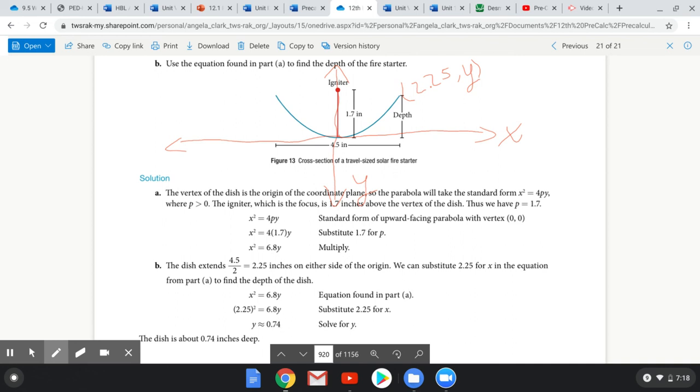So we are at 0.74 inches deep. The depth of this fire starting mechanism is almost 3/4 of an inch, not quite. Okay, hope that helps, and I will see you guys